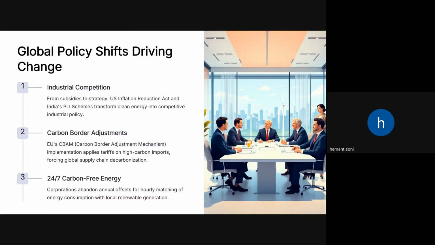Then global policy shifts driving the change. Why has this come, the circular economy? Industrial competition is there. So from subsidies to strategy, US Inflation Reduction Act and India's PLI schemes transform clean energy into competitive industrial policy. Now, you might be aware that under the production linked incentives scheme, Government of India provides certain incentives to the identified industries for installing production facilities in India. Now, if that is done in India, not only it encourages more efficient type of production, but it also encourages